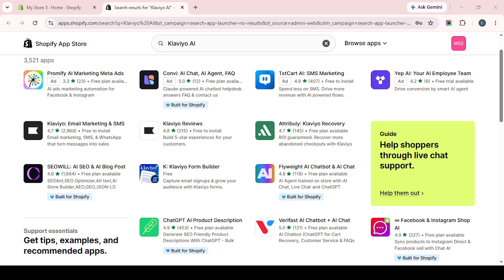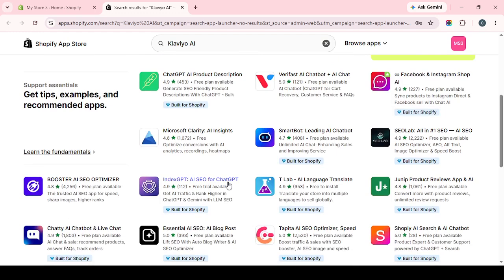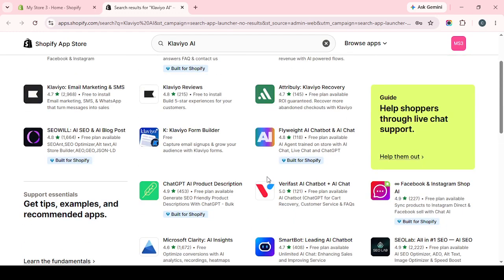Finally, take your store URL and the API access token and paste both into your Claude AI workflow connector. This is the step that actually links the two systems together. Make sure the store URL is entered in the correct format and that the token is pasted exactly as generated, with no extra spaces before or after it. Once those details are in place, your Claude AI workflow connector should be able to authenticate with